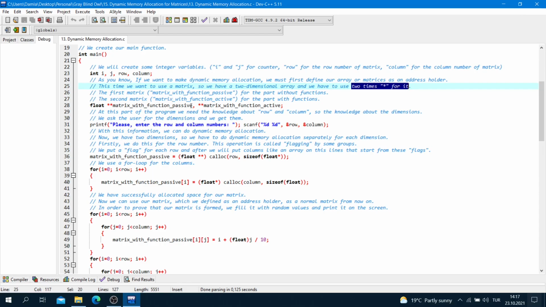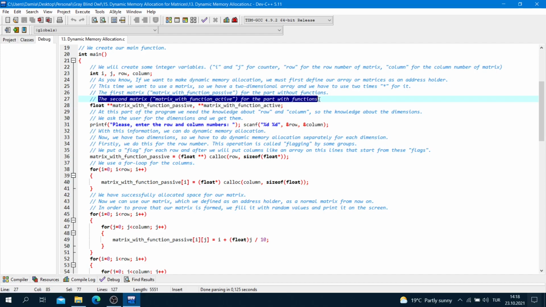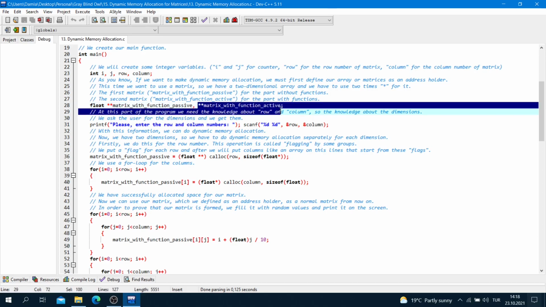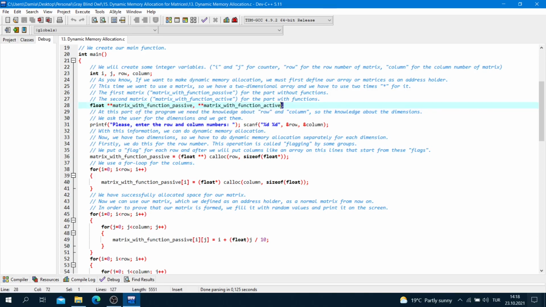The first matrix is for the part without functions, so matrix with function passive, and the second matrix with function active is for the part with functions. Okay. Float pointer pointer matrix with function passive, and pointer pointer matrix with function active, and semicolon.